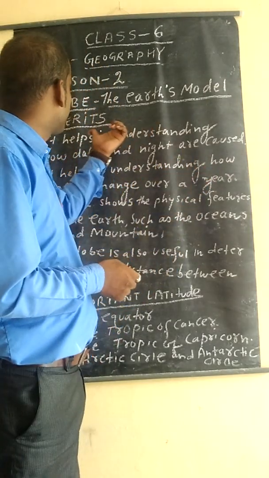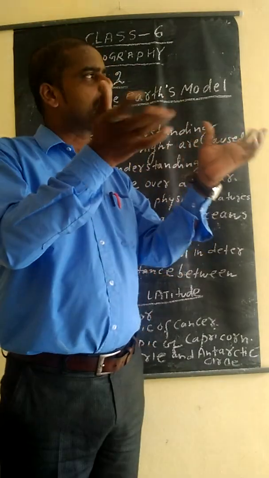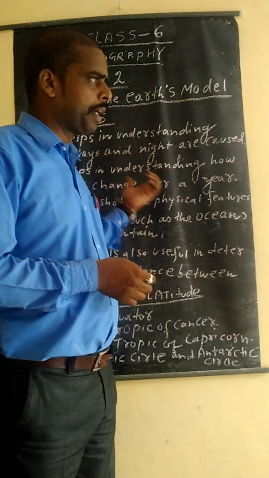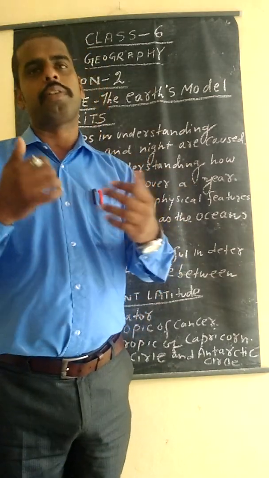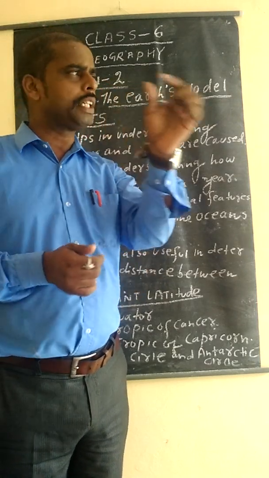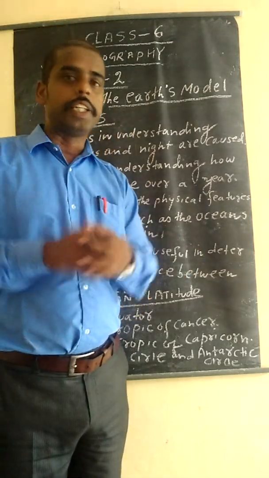This globe is very useful, but it has a demerit also. You cannot take a globe everywhere you go. So it is a demerit. If I ask you where is Gorakhpur, you can't find in the globe where is Gorakhpur. A small area you cannot find. I have the idea in the globe, but in a map,